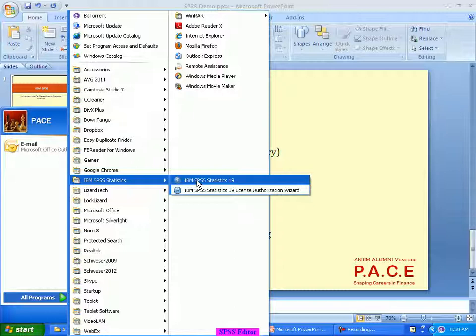Every 6 months, or not even 6 months, IBM is coming up with a new version. But those versions are more or less at a very advanced level. The new features that are typically introduced are at a very advanced layer.